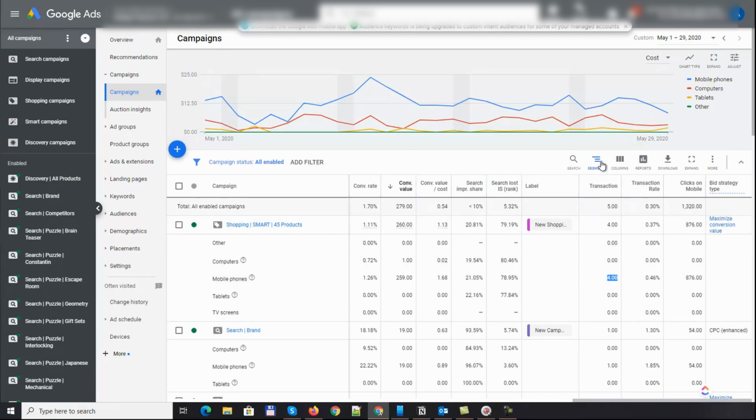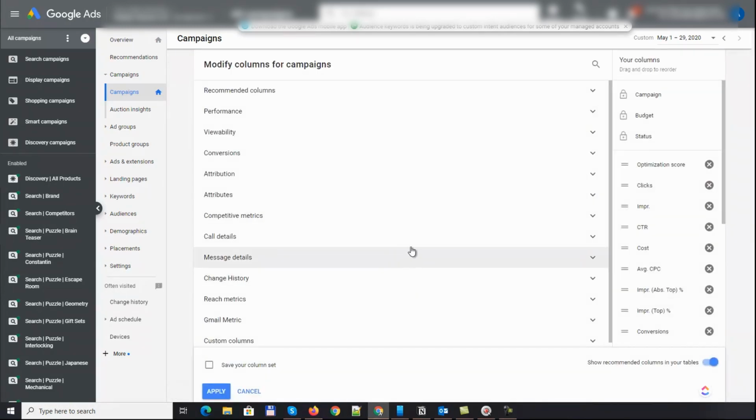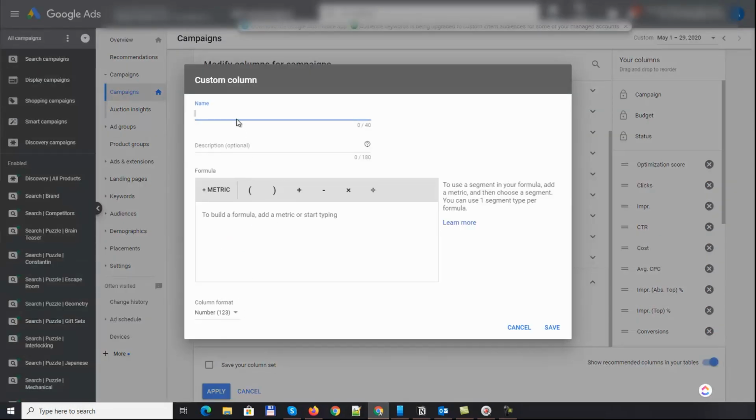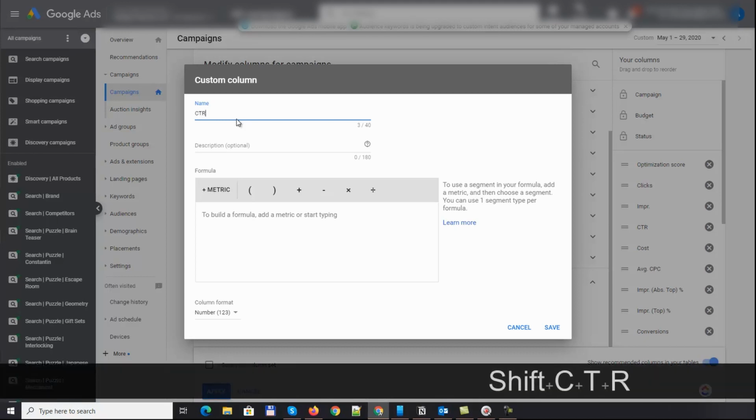So one more interesting example, let's go to columns and let's do something like click-through rate for top position. Why is this important? Click-through rate is one of the more important metrics when comparing performance of different ads in your Google Ads accounts. So what you need to know is that when you are looking at click-through rate in